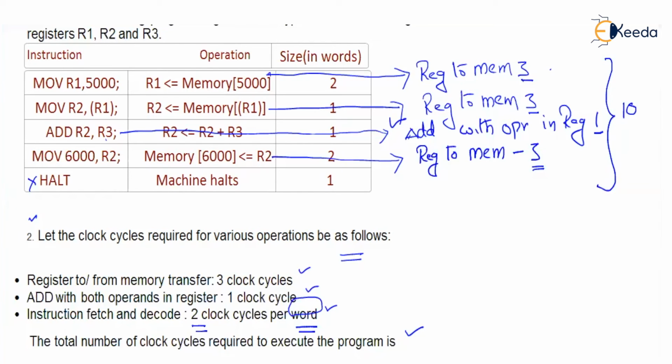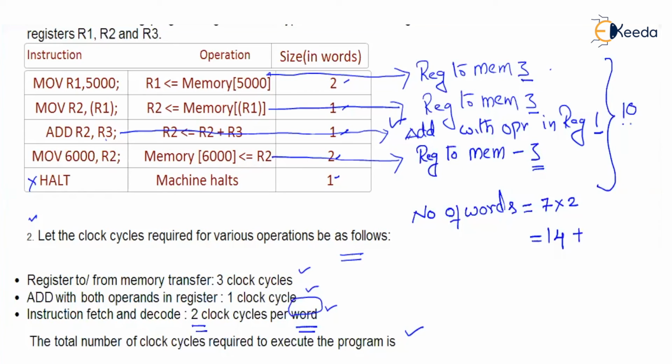The number of words are equal to 1, 2, 3, 4, 5. Total number of words: 1 plus 2 is equal to 3, 3 plus 1 is equal to 4, 4 plus 1 is equal to 5, 5 plus 2 is equal to 7. Number of words are equal to 7. So 7 into 2 equal to 14 clock cycles required for instruction fetch and decode,